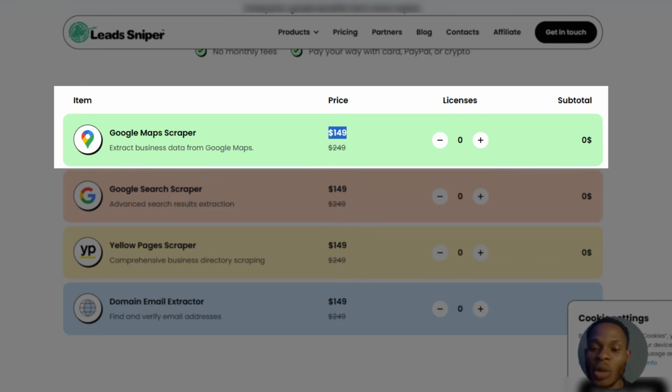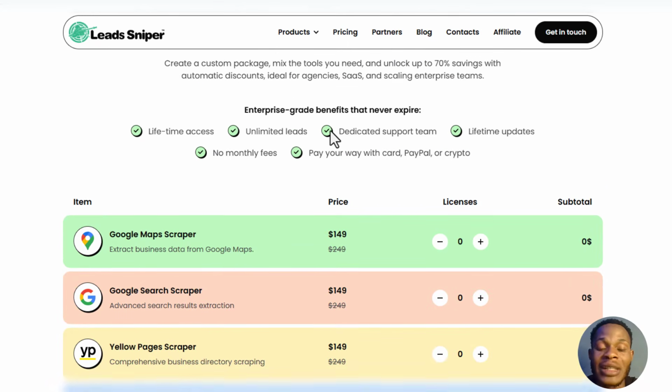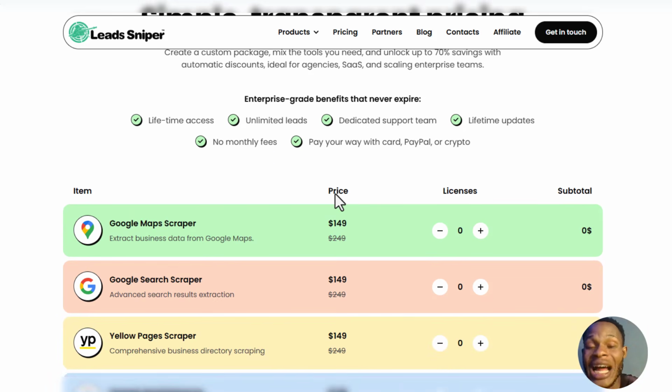Now you can see the total money you have to pay for this particular one is just $149, and I need you to understand that the Lead Sniper plan you're finding right here is just a one-time fee. So let's say you pay $149 today, you don't have to worry about paying any money ever again. Even if they release a new update tomorrow, you are also going to be able to use it because